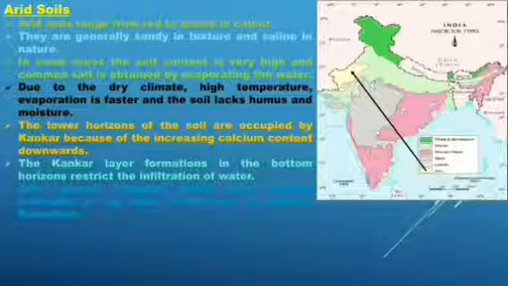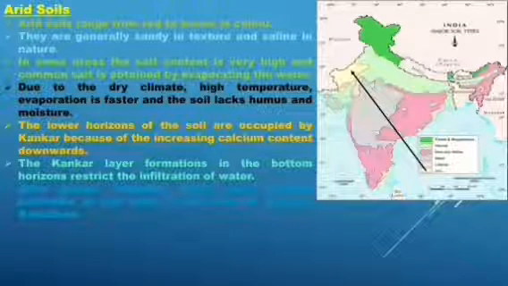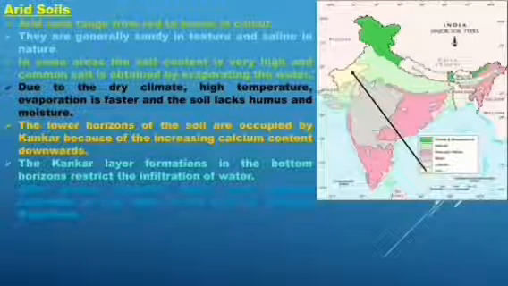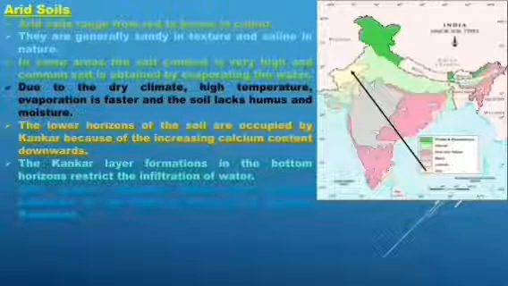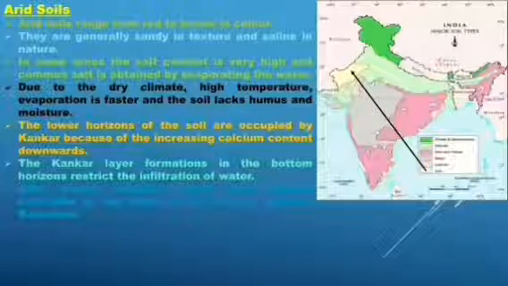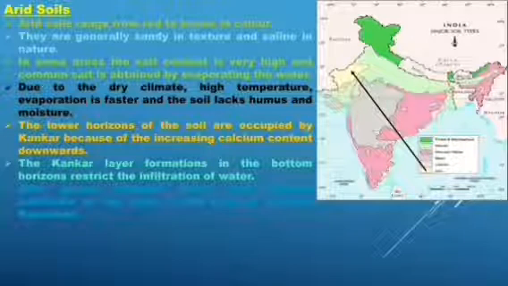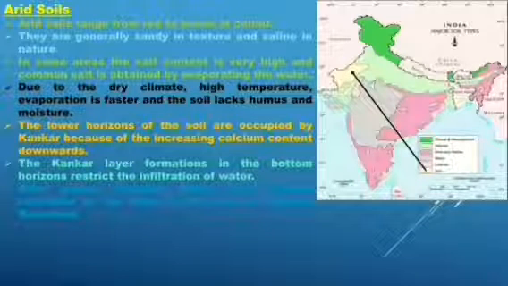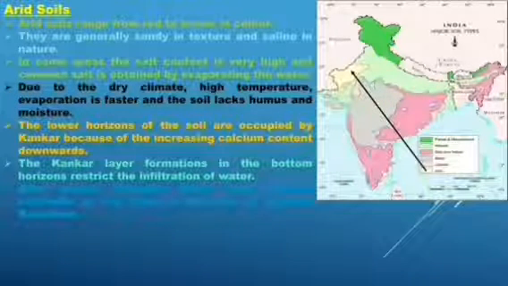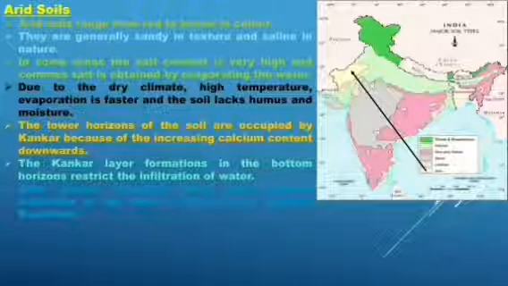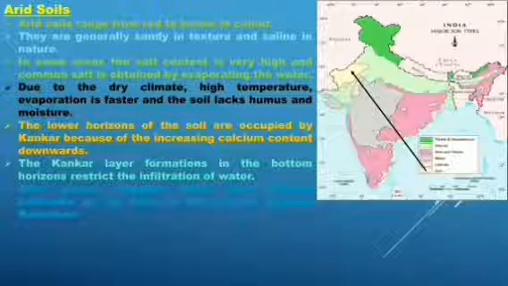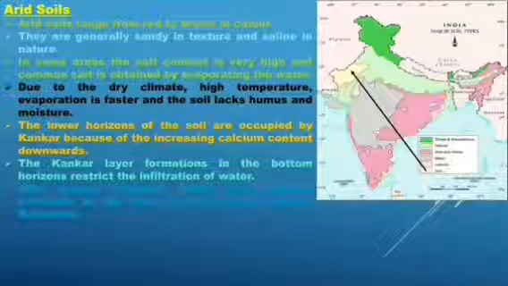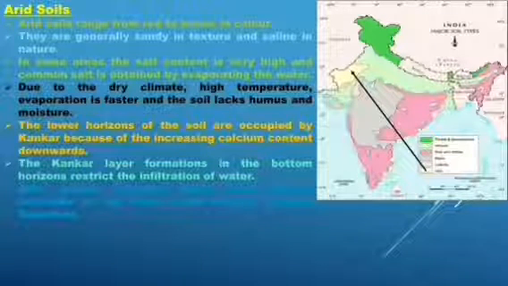It means that sandy in texture means its grain size is equal to sand, and the rocks which are found there contain high concentration of salt. Salt concentration in Rajasthan rocks is high. When there is some kind of rainfall, or 10 centimeters annual rainfall, that rainfall dissolves the salt, and salt solution is formed, as we have seen in chemical weathering. Due to high temperature, this water is evaporated.